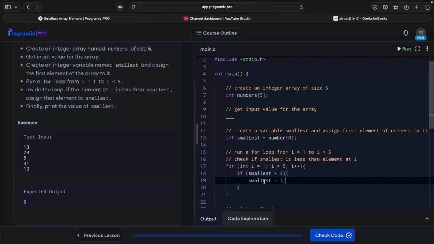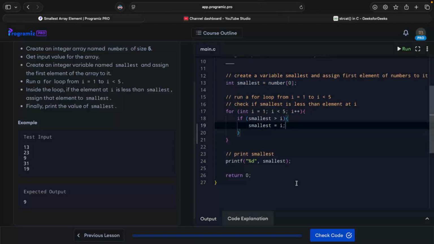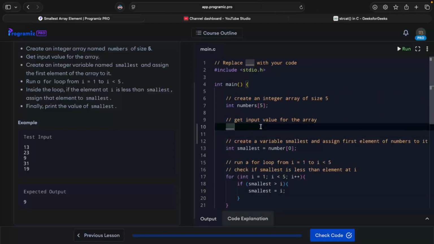So if it is greater than i, then we simply assign it. Otherwise, we just leave it, right? Of course, we need to get the input as well. So for int i equals to 0 up to what? i less than size, of course, i plus plus,